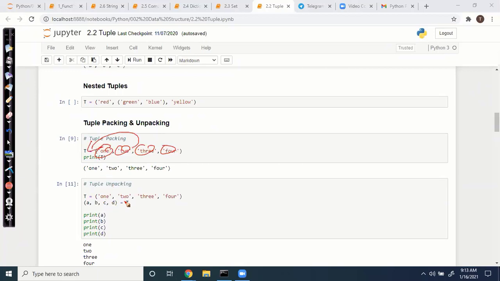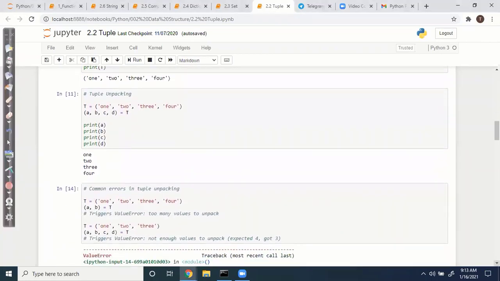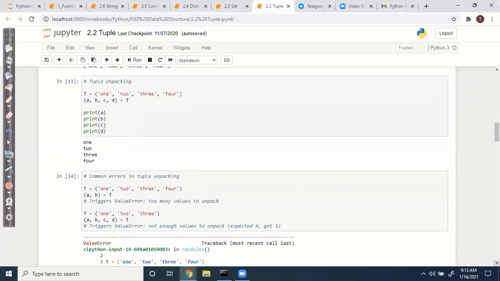Here if you assign the tuple like this, all the items are unpacked. Items are getting assigned to variables; that is called unpacking. In tuple it is possible. You can try this. These same features you can try with list. So you can play like that.